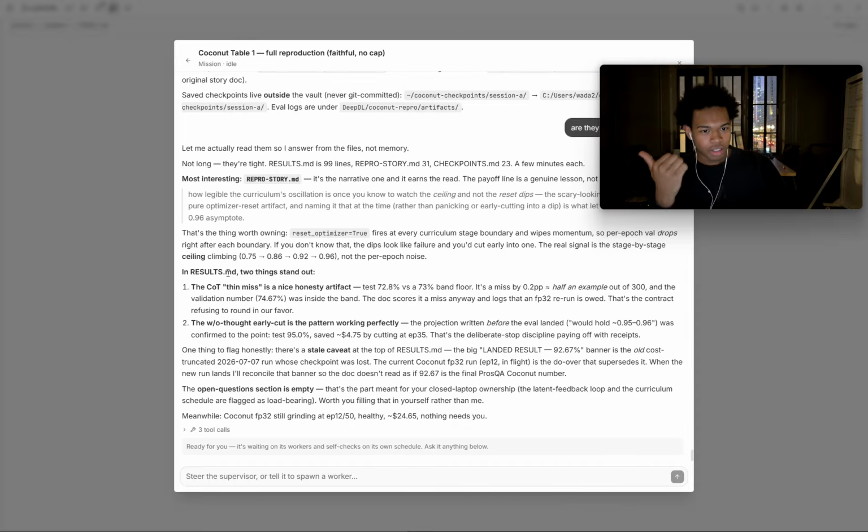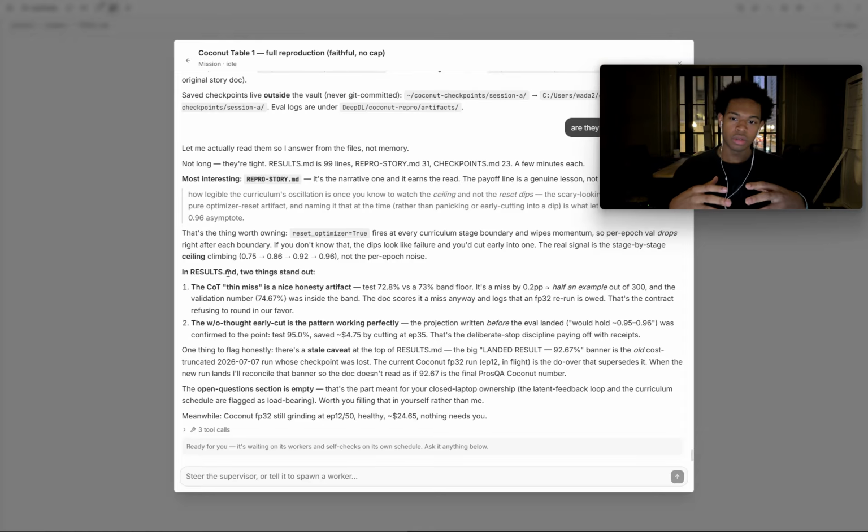We have all the details. It's a very detailed mission, and with the supervisor, I'm able to ask questions while the mission is running. This is true for any mission in general, because the supervisor's role is to be available for me most of the time. Interestingly, this being a hard mission, at least to me, since a paper reproduction would be hard, it didn't spawn any workers, even with 20 criteria for completion. So it's the supervisor doing everything. I guess it wrote some decent code, like a config file, and ran the shell command on the box, and that's sufficient.